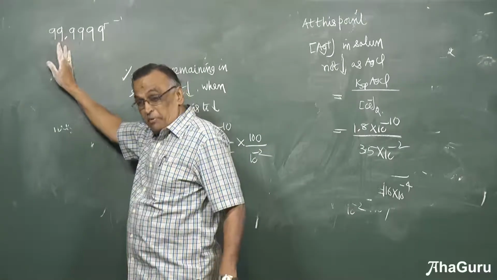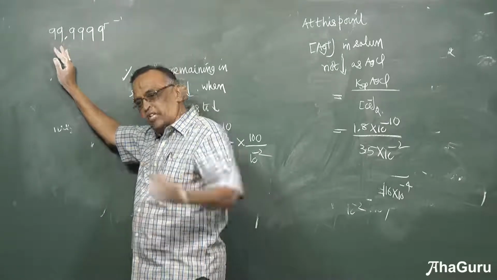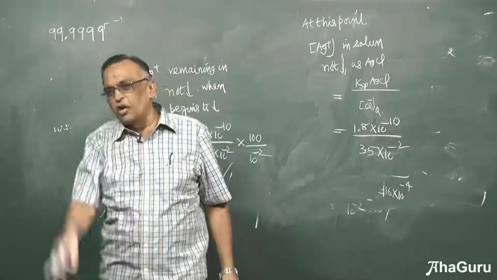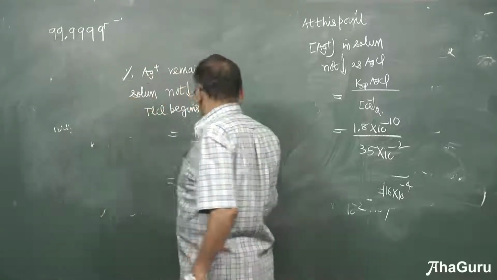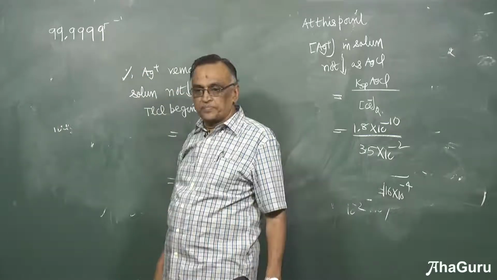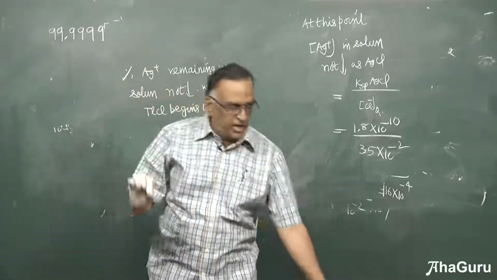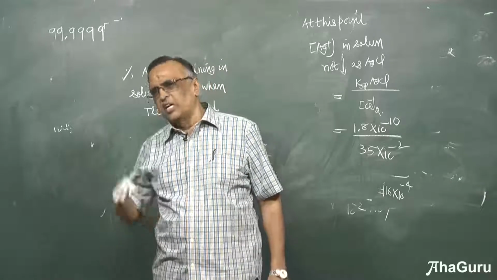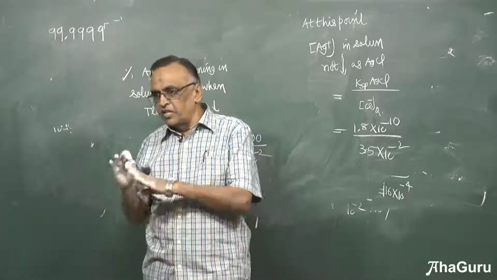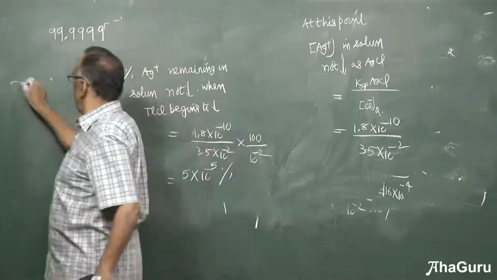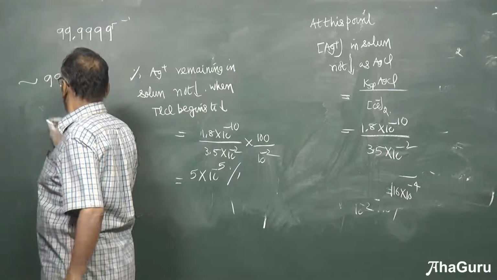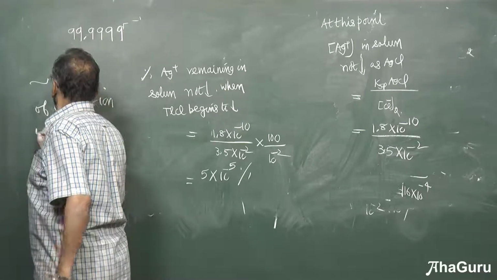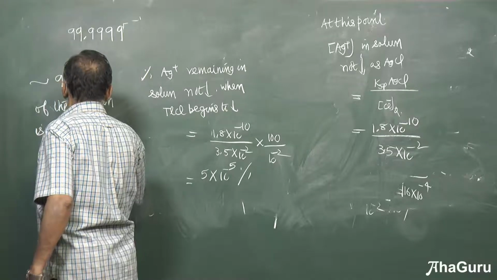If 99.9% is already precipitated when the second one begins to precipitate, what is the result? It is possible to control the precipitation. Selective means you are controlling. So if the result is 100 minus this, it will be close to this. So just make a note of it. If 99.99%, 99.999 or better accuracy 99.9999, still better accuracy 99.99999. So approximately 99.9% of the first ion is already precipitated